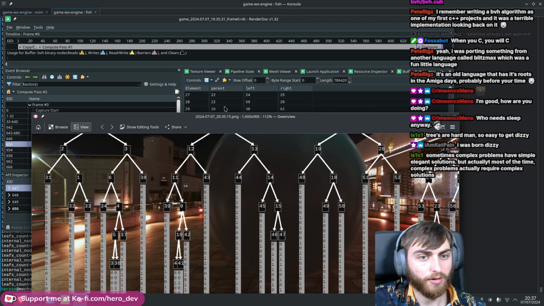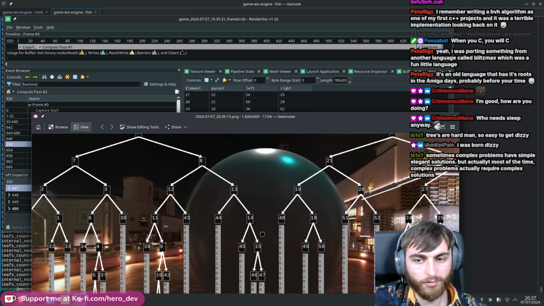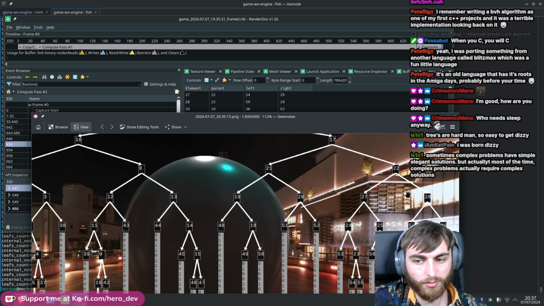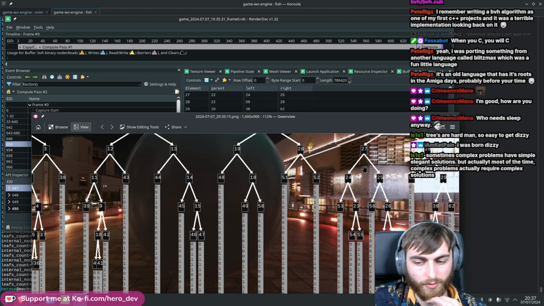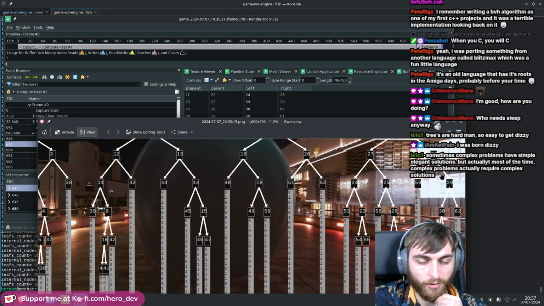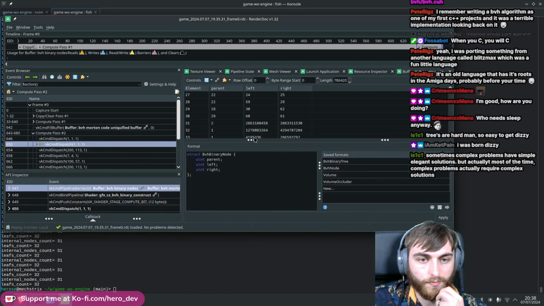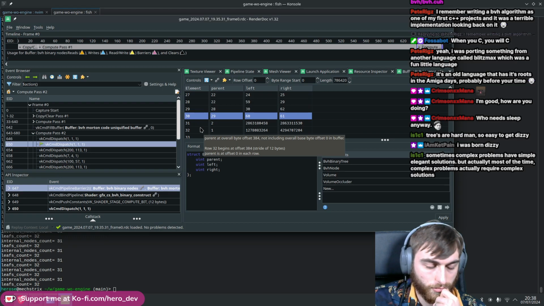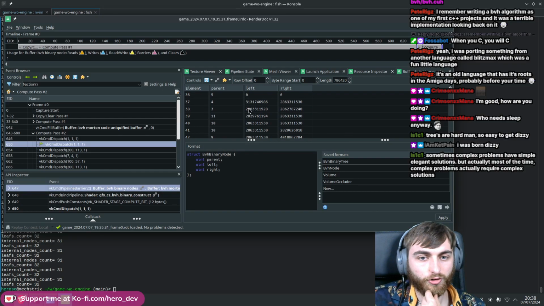Yeah, let's just pick another random one. 28 has parent of 22. Yep. 59 and 29. Yep. So I think this looks fine. Let's just quickly double check that all the nodes are written out. Yeah, goes up to 30. 30 what? Well, yeah, so the children,